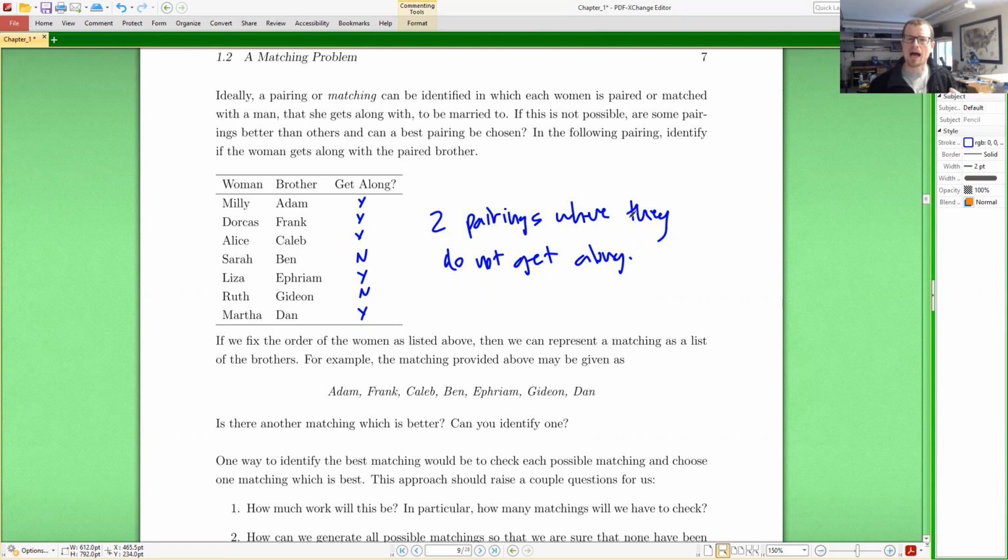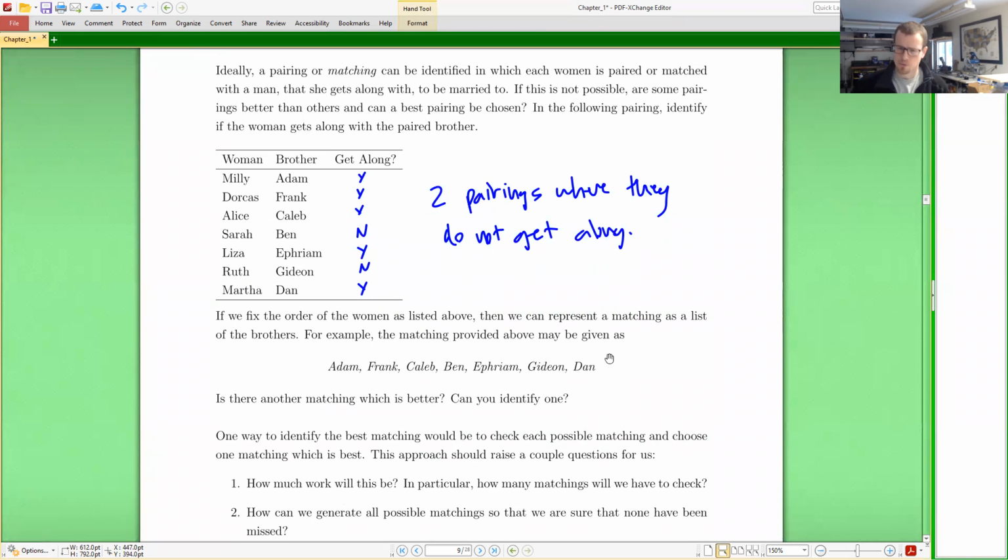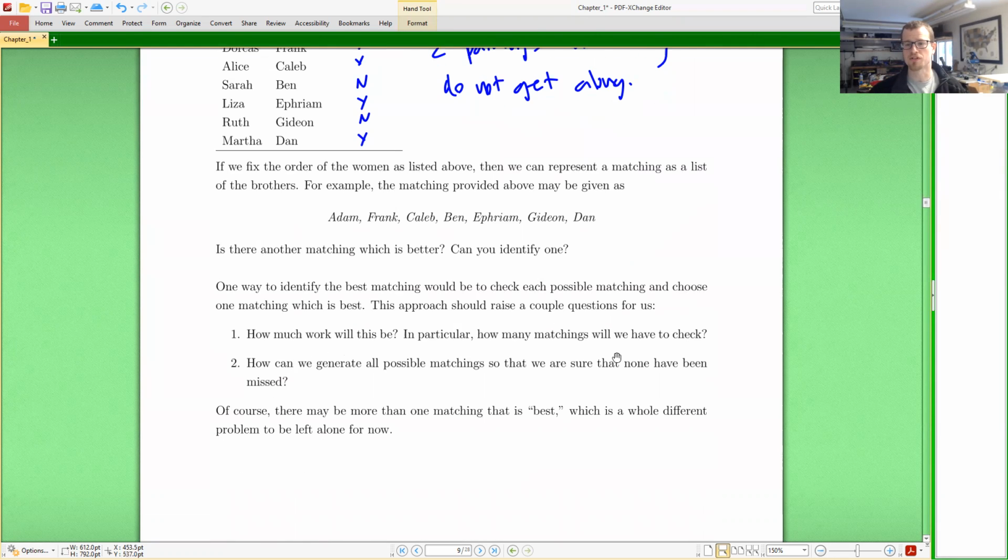it's not always obvious. Especially when you get more items involved, right? 20 brides for 20 brothers. 20 brothers, man, that's a lot. Anyway, well, 7 is a lot too. But this is the idea, right? I can pair them and see if it's any good or not based on what I was given. So that could be a process. Consider all possible pairings and find out which one is best.